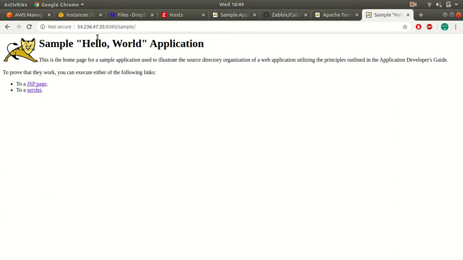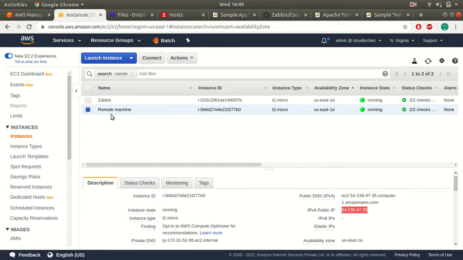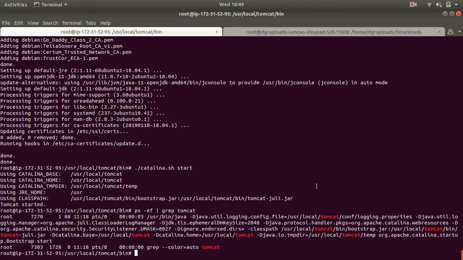Now what we want to do is, the Tomcat application that is running here, we want it to be monitored by my Zabbix. That is, I want to monitor the Tomcat metrics: the threads, number of threads allocated, number of threads used, number of threads available, all that information I want to monitor. For that, you will need to go to your Zabbix server. The first step will be to go to your Zabbix server.